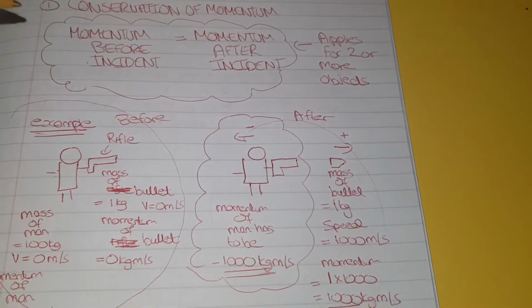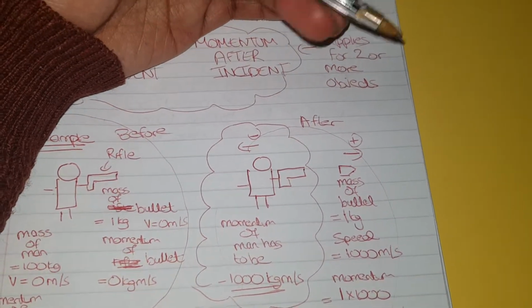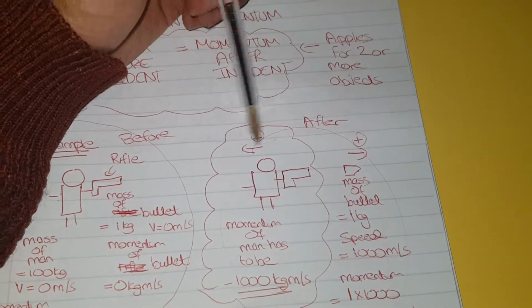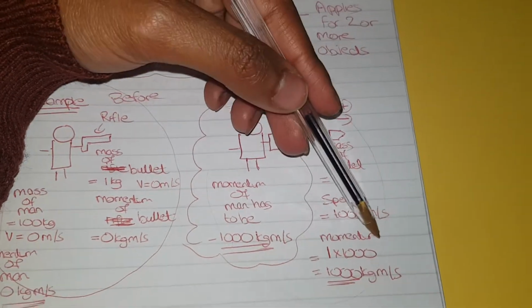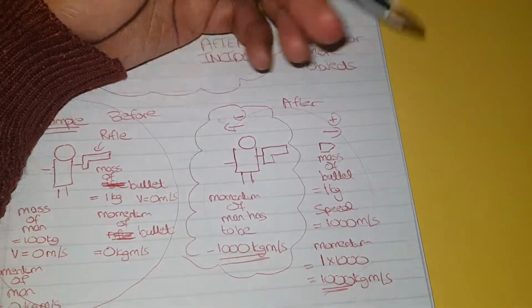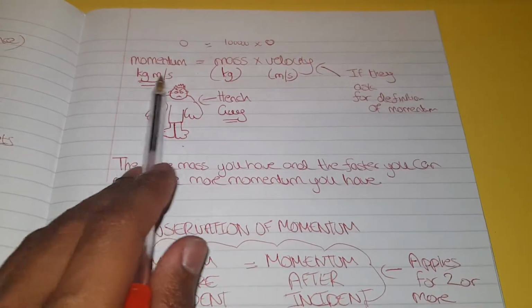The plus and minus just indicate that, and you don't have to include this, but just to have some logic, we just say this side's usually positive if you want it to be, this side's negative. So if you have positive 1000, negative 1000, they cancel each other out and you just get 0. Yeah? So I do hope that makes sense. Once again, the formula, guys, you have to know this, so make sure you copy it down. Let's now go through a few questions together.